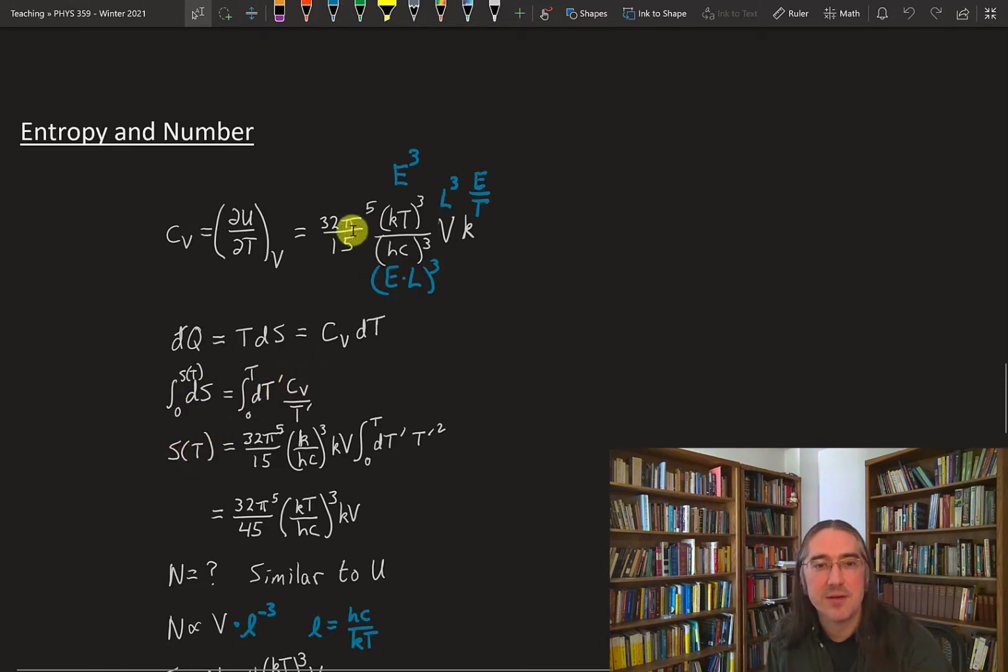And this side gives me a whole mess of constants, which I pull out front, and then a T cubed, which needs to stay inside. So T cubed over T is going to give me a T prime squared. And now I just do the integral. This is going to become T cubed over 3, drop a 3 out here, bring the T cubed back. So our entropy again depends on this ratio. This gives us some length scale cubed, or some equivalent volume that we can compare to the actual volume of the system, some numerical constants, and Boltzmann's constant.